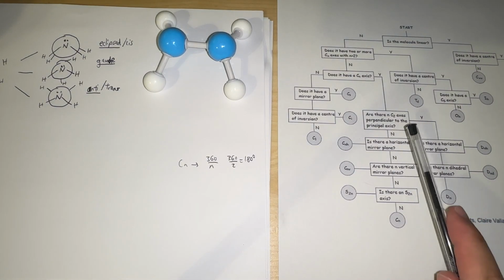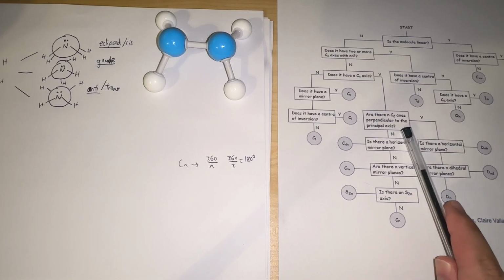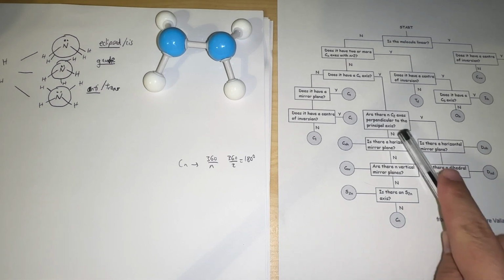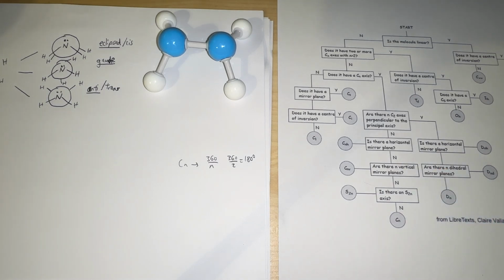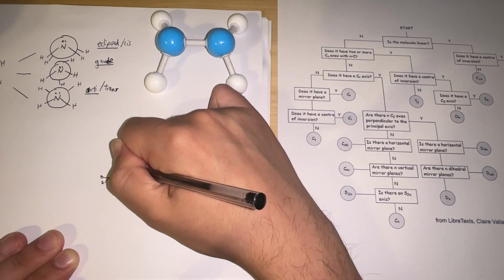Are there n C2 axes perpendicular to the principal axis? So the principal axis is the C2 we just identified, and I do not see any more C2 axis on this molecule, so the answer is no. Now, is there a horizontal mirror plane? The horizontal mirror plane is a mirror plane perpendicular to the C2 axis. So if we draw a molecule and we have a C2